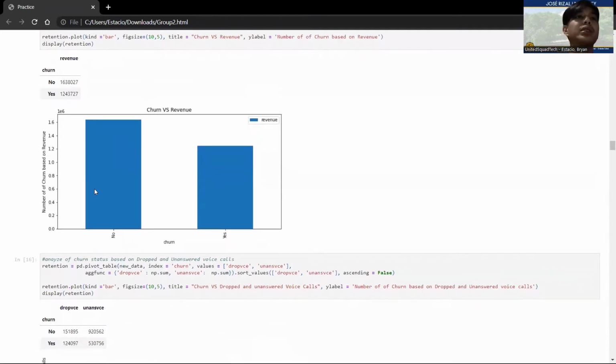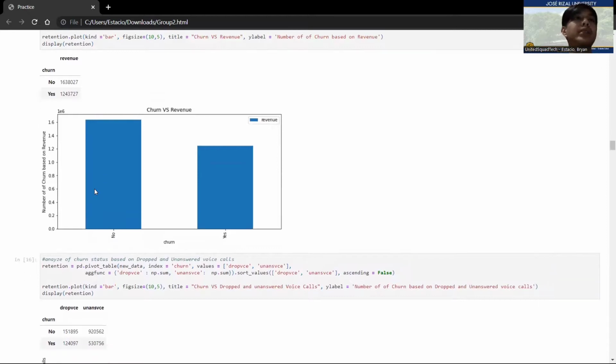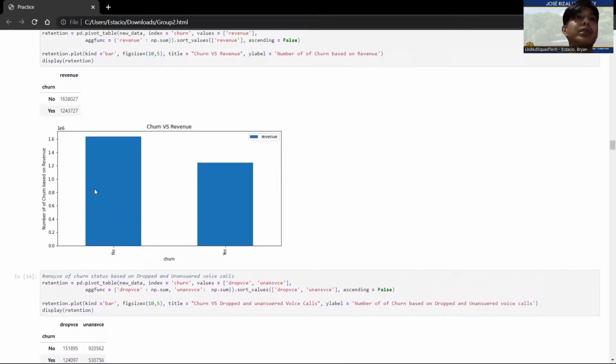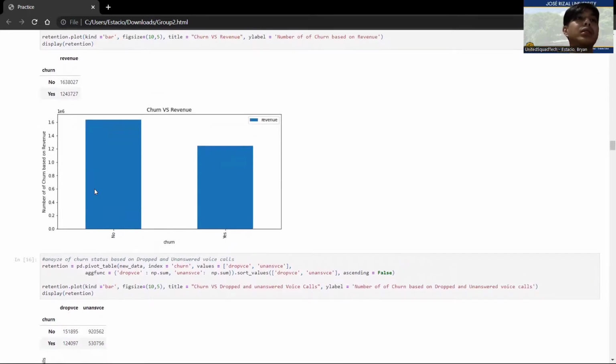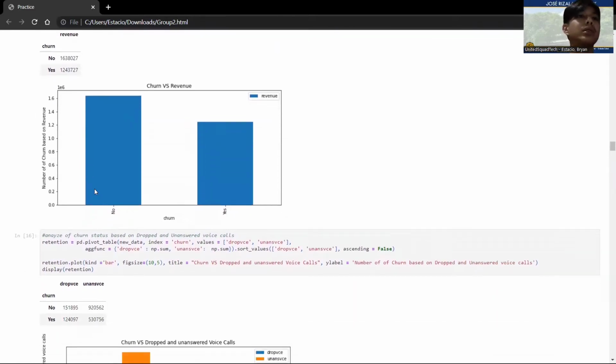As you see here, the no is higher. It reached 1.6 million rather than yes, which only has 1.2.